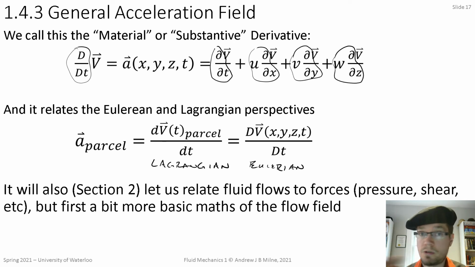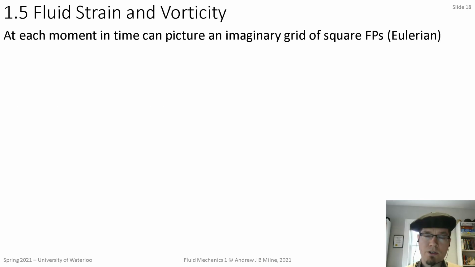We're going to use both Lagrangian and Eulerian perspectives in section 2 to relate the acceleration of fluids to the forces on them and vice versa. And those forces are pressure forces, shear forces, etc. But before we get to that, we need a little bit more of the basic maths of the flow field before we're going to be able to fully understand the calculus of conservation of momentum on a fluid element. So there's three more things that